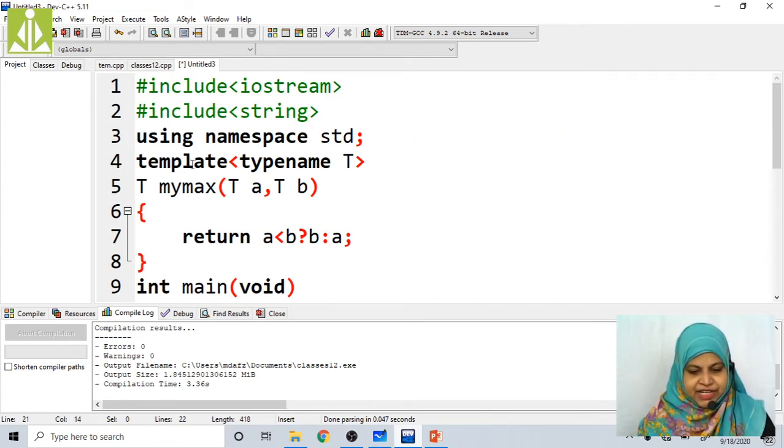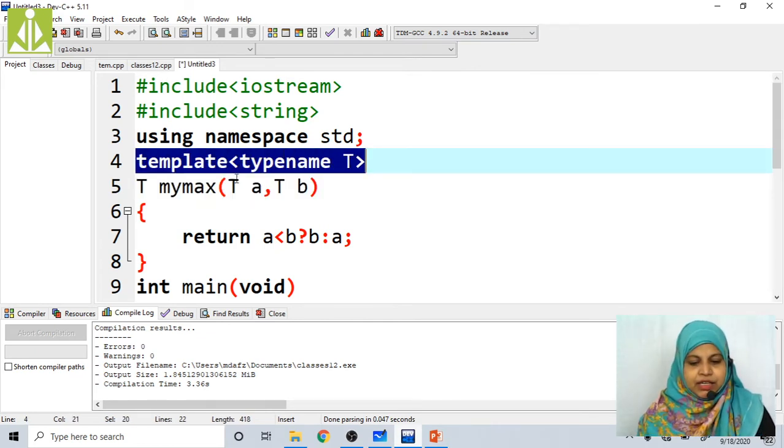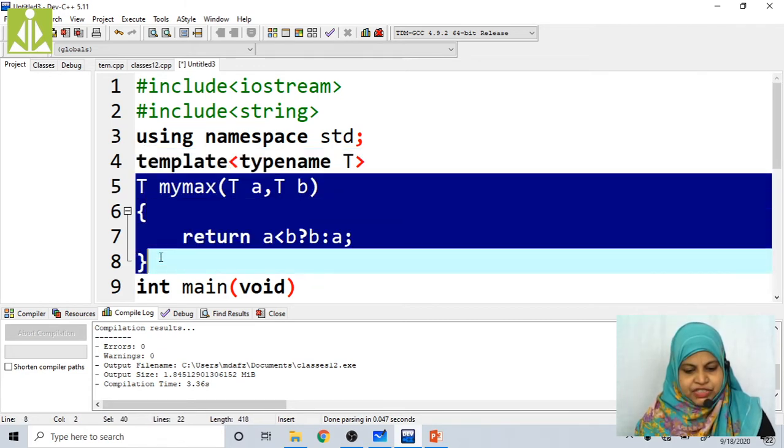Up to here, see here in a single program, first I am defining the function template by using the template type name T. Then I am defining one function which uses this ternary operator or conditional operator. By using the question mark, I am finding the maximum of two numbers.